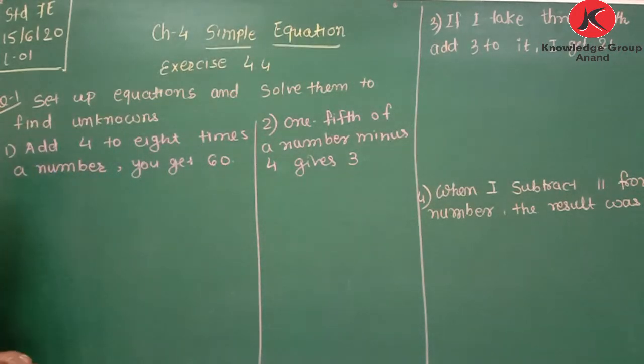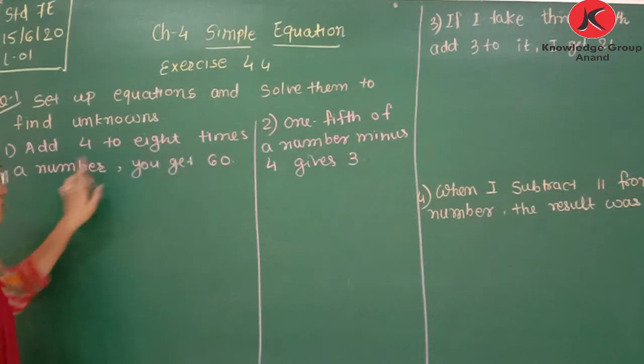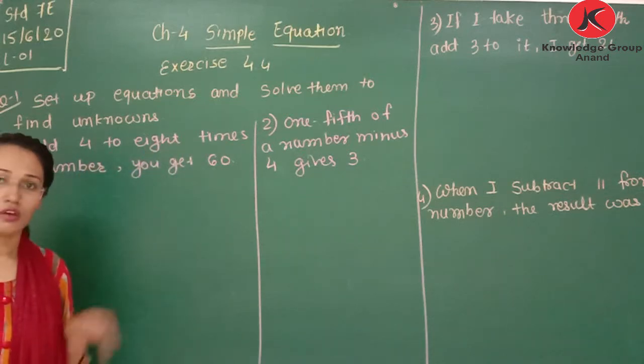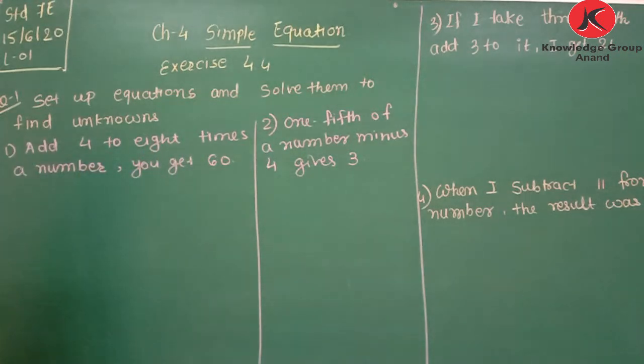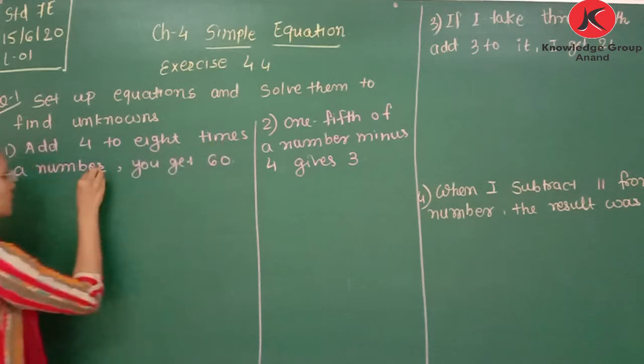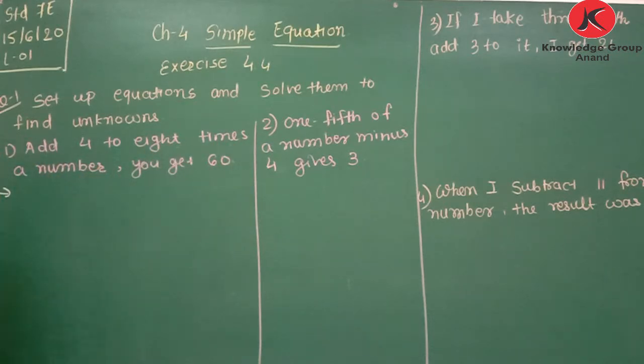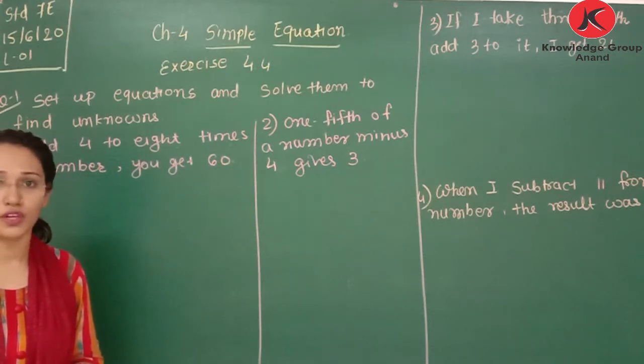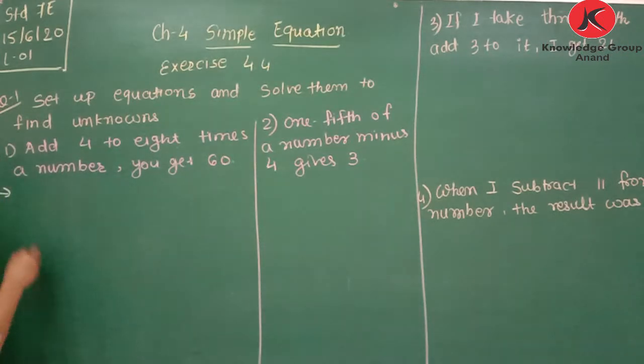Okay, so here set up an equation and solve them to find unknowns. First is add 4 to 8 times the number, you get 60. We already learned how to write equation for this kind of statement. So statement is what? Add 4 to 8 times the number. Which number? You need to take 8 times of number. But which number? It is not given, so you can write that